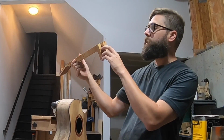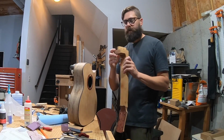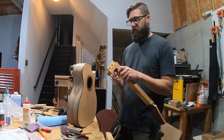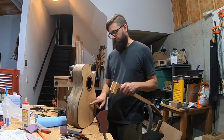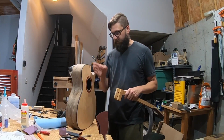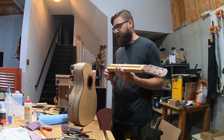All right, well, check it out. I've got the tenon cut. I did have to fiddle with it a bit. It was too long, so I had to cut it a little bit shorter to fit. But the angle is perfect. I checked it here with my straight edge, and I'm at exactly what I wanted. Distance from the saddle, everything seems to be going a lot better than it did last time on the last